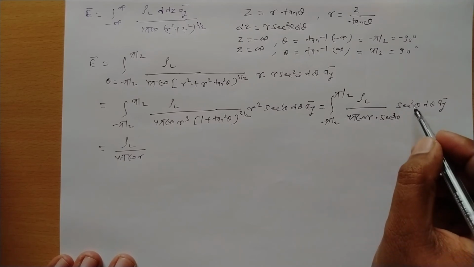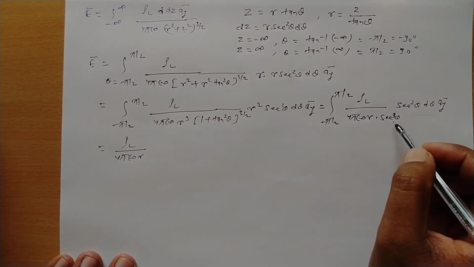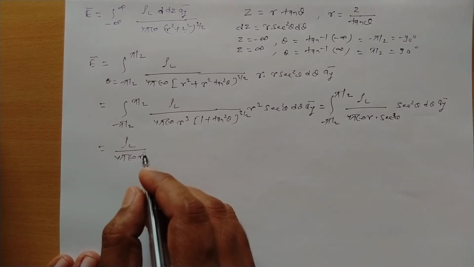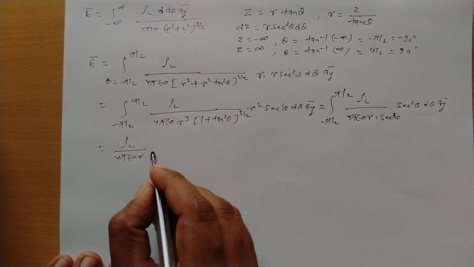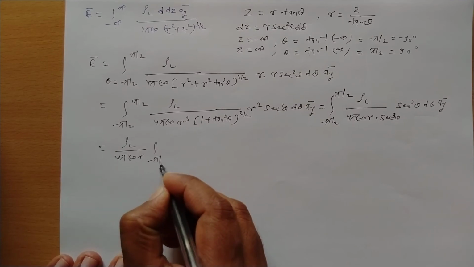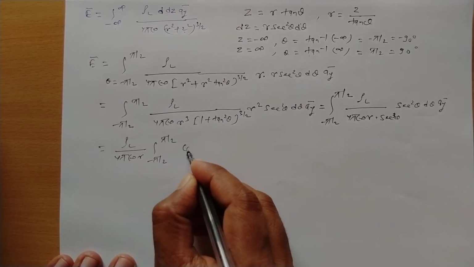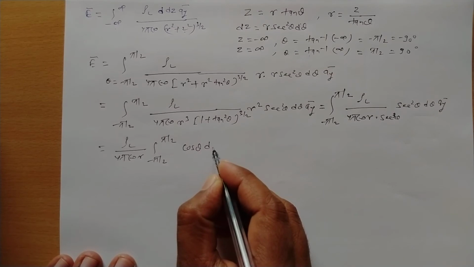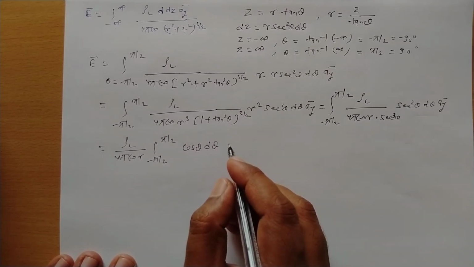So when you solve, sec squared theta cancels with sec cubed theta, and we get 1 upon sec theta, and 1 upon sec theta becomes how much? Cos theta. So we get the integral from minus pi/2 to plus pi/2 of cos theta d theta,